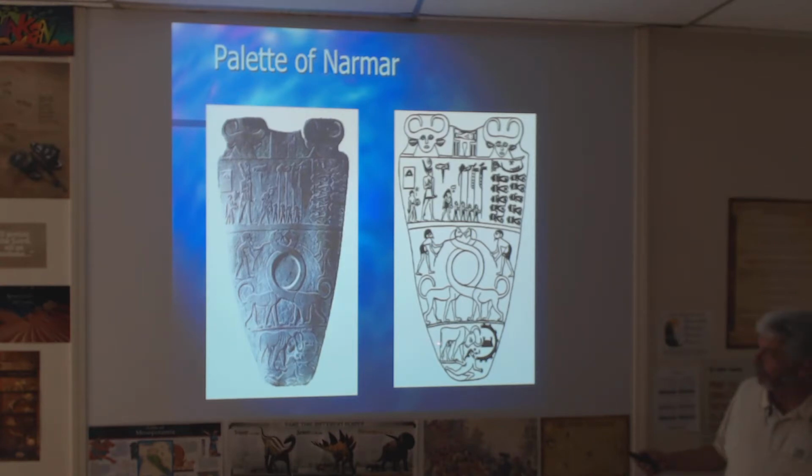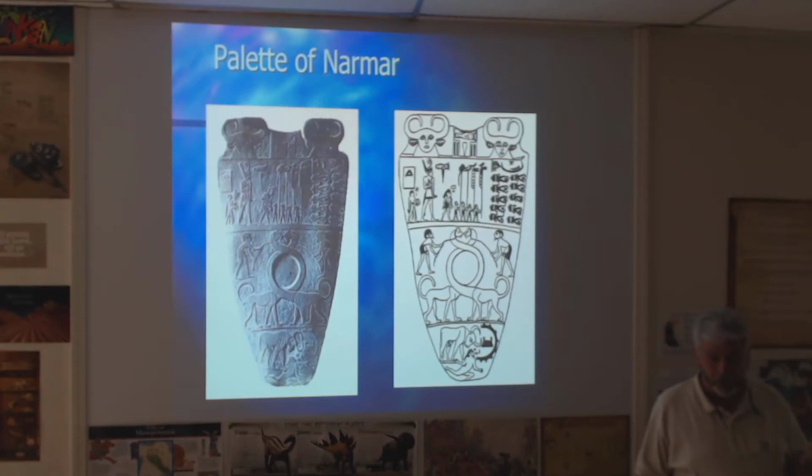And then at the bottom we have a bull, which represents the king, and it's crushing or destroying a fortress. And of course that's one of the enemies, stamping on the enemy and crushing the fortress. All right, so that's Menes or Narmer. So if you're asked who united Egypt, you should probably say Menes. We'll also accept Narmer, a name that he took for himself. All right, any questions about Menes and this palette?